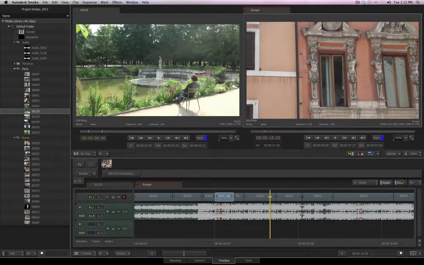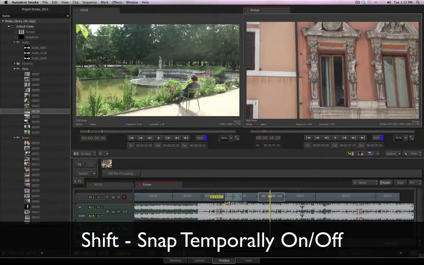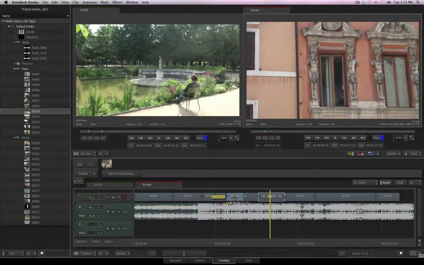If the snap option is on or off and you start to make an adjustment and you want to disable it or enable it, you can hold the Shift key and it will temporarily turn snap off if it is currently on, or it will turn snap on if it is off. So for example, once again, snap is off. If I pick up this clip, I move it around, it is not snapping to anything. If I hold the Shift key, snap is now temporarily enabled and I can snap to the head of my